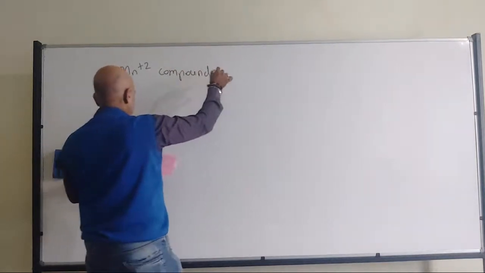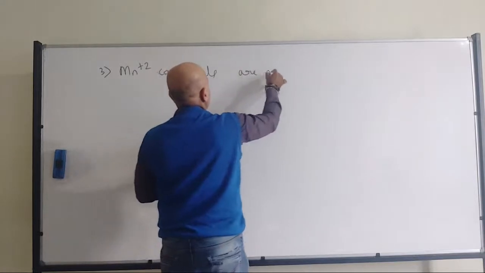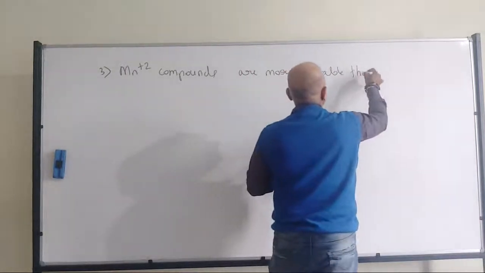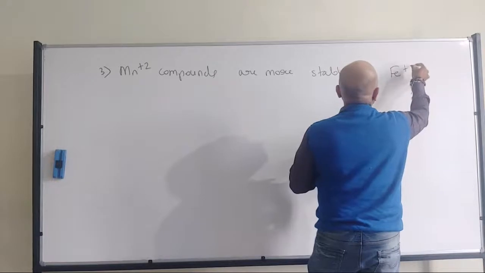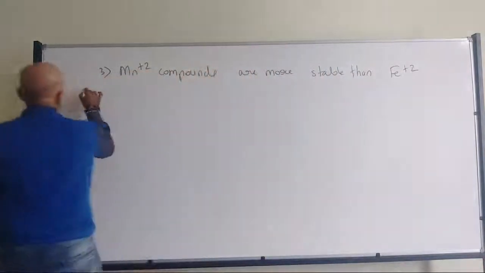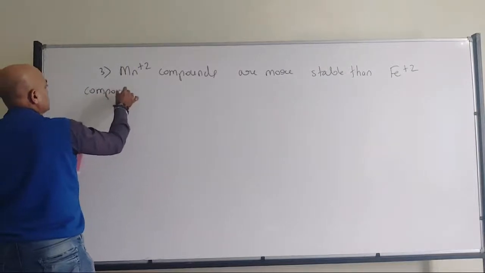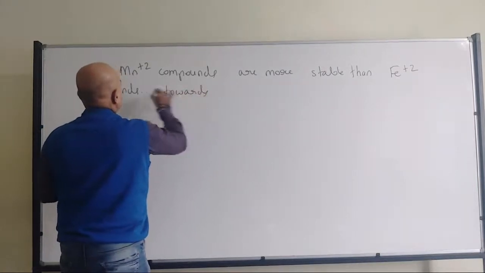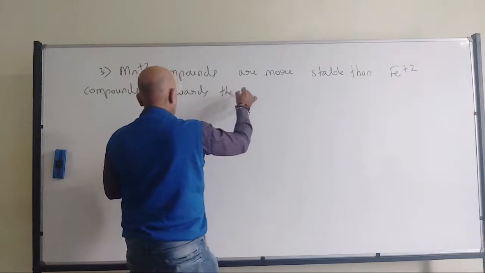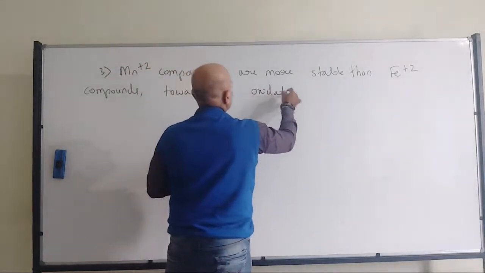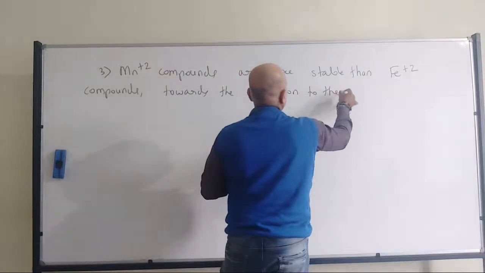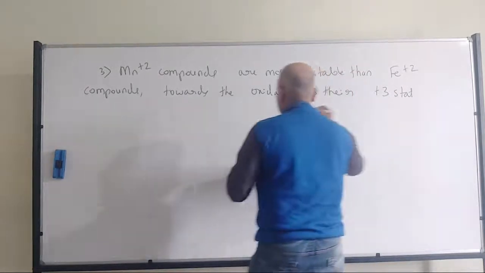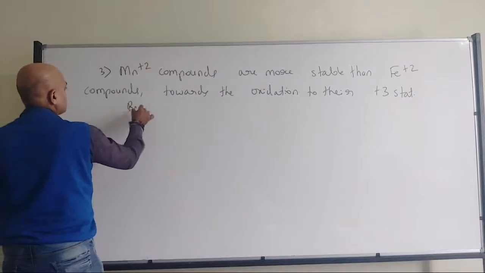Manganese plus 2 compounds are more stable than Fe plus 2 compounds towards the oxidation to plus 3 state, because